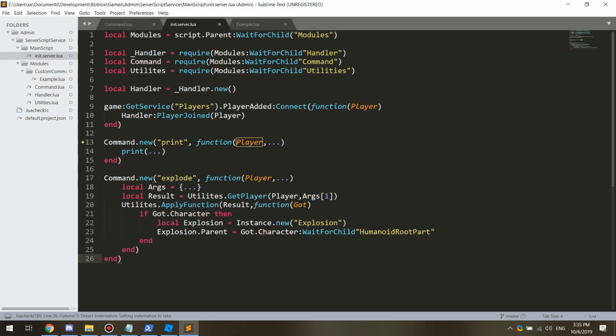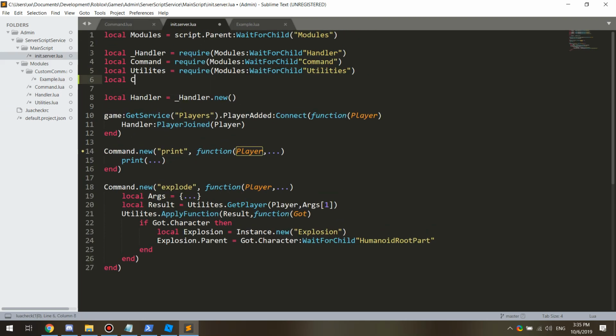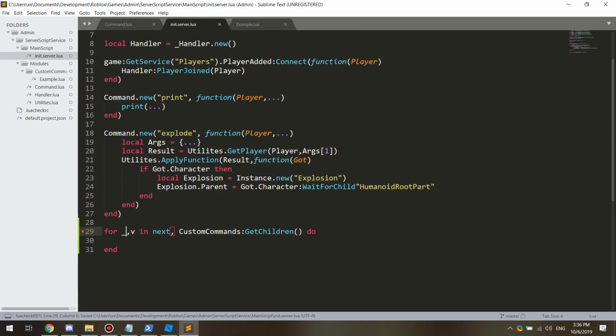And then here we can go custom commands equals modules:WaitForChild custom commands. For each, custom commands get children, do, and actually we don't need this. Anyway,